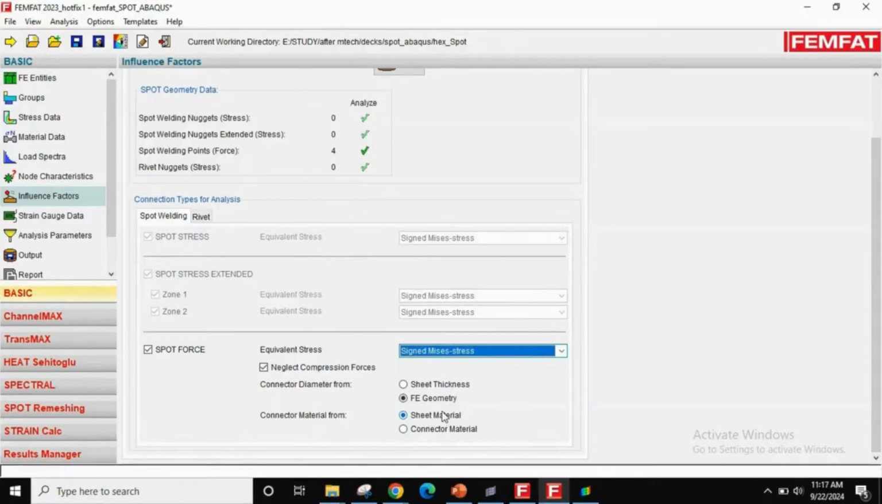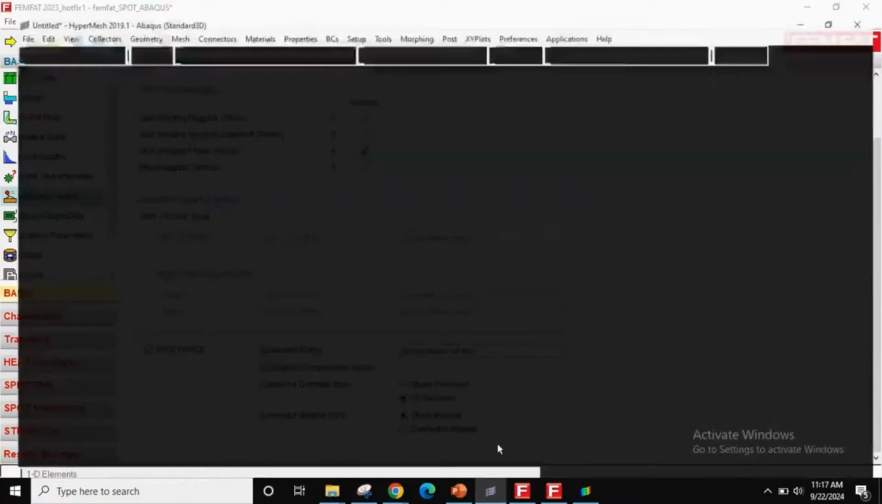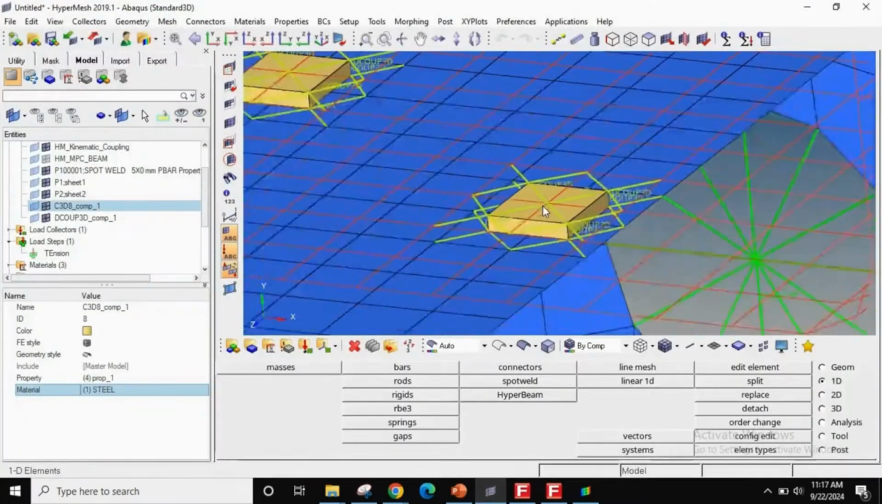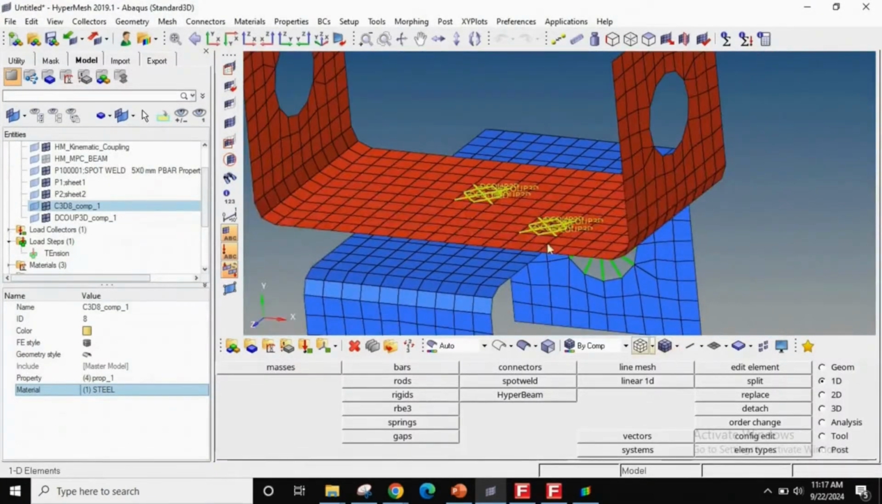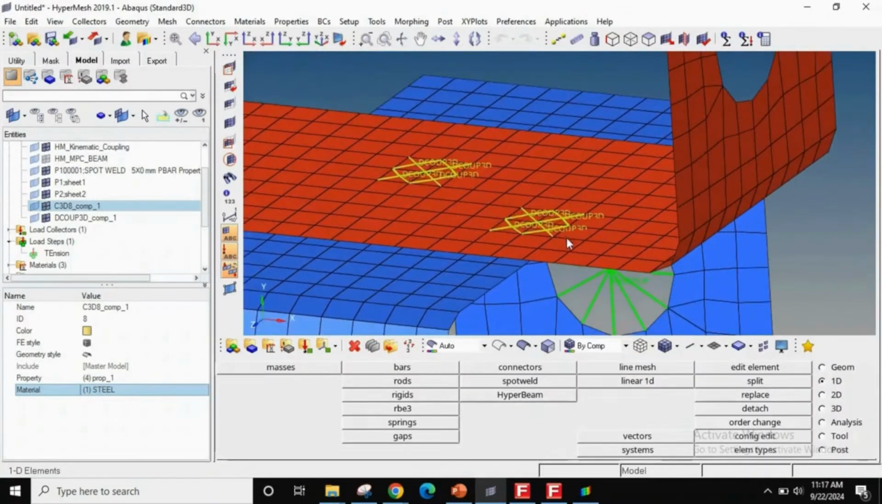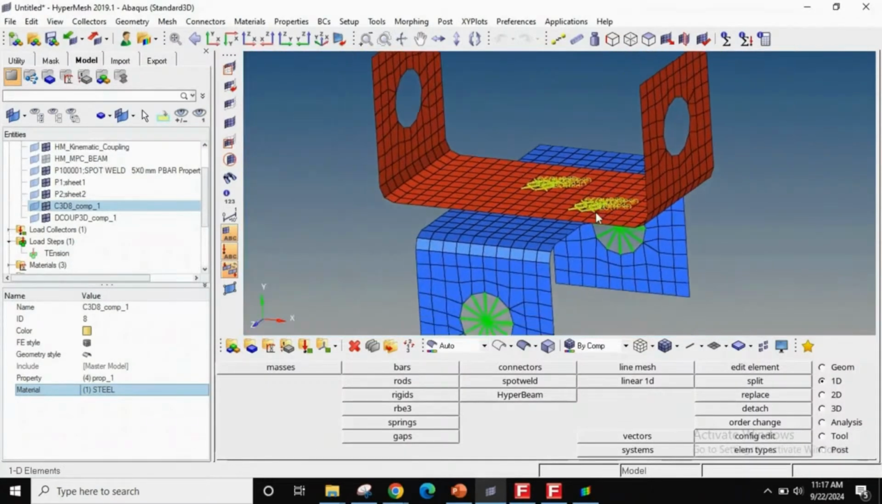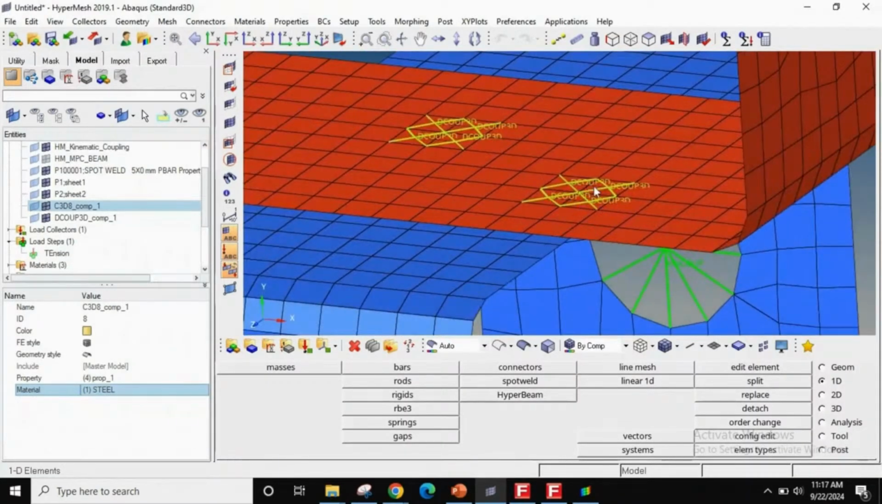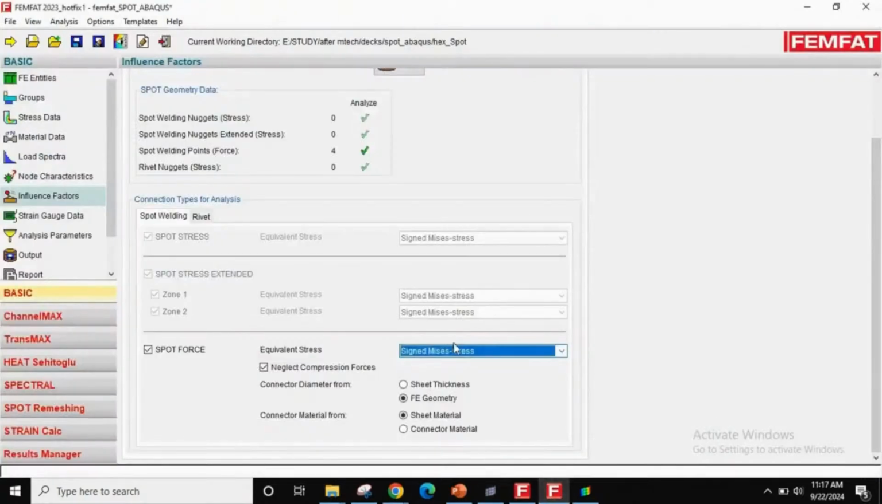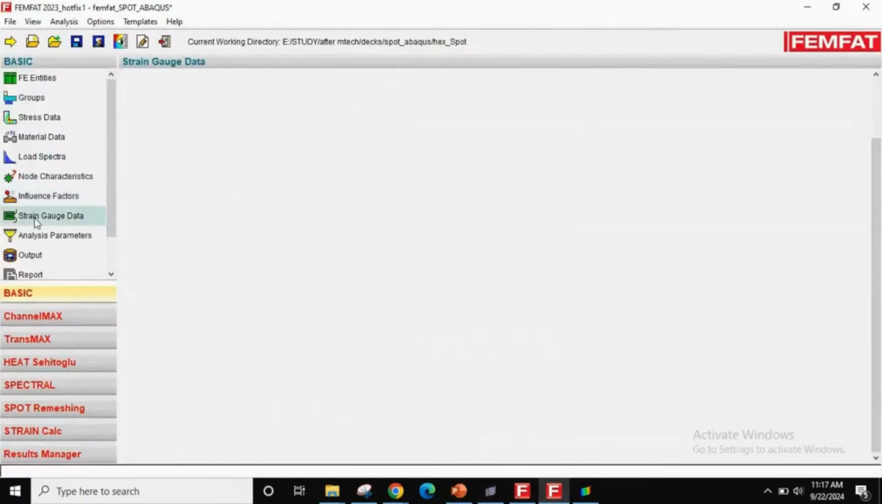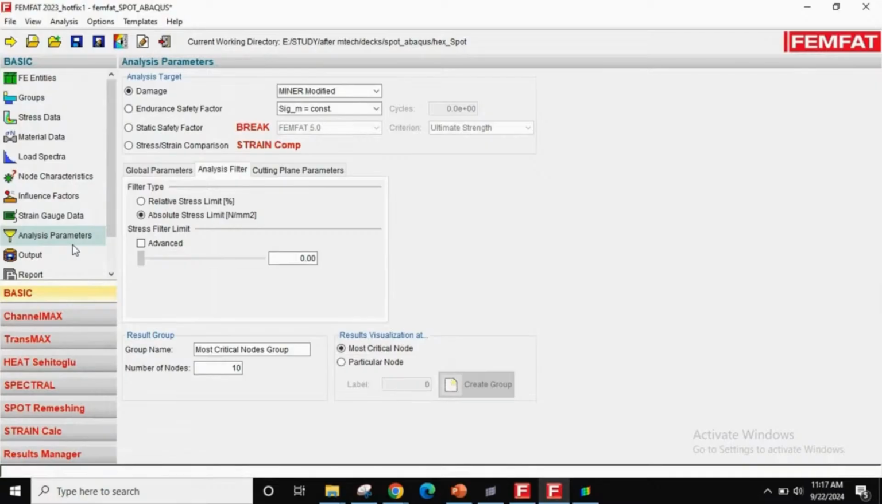So how is it taken from the seat material? Basically, between these two plates, the one having the lower, meaning weaker, material properties, this spot will take that material property in FEMFAT. Okay, so again we will go to analysis parameters, and here the settings are already mentioned in my previous video,